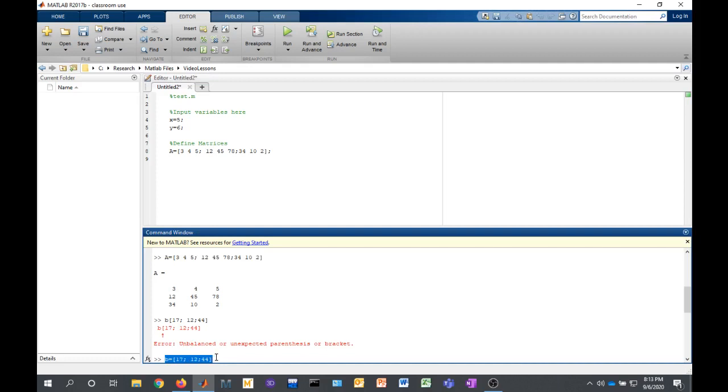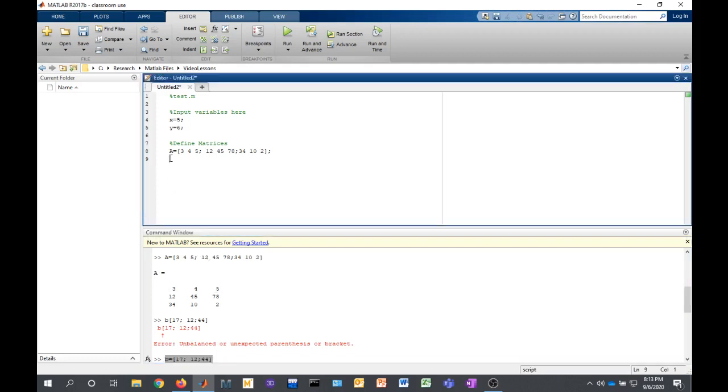And we can also grab a copy of the vector B, and then we can do the calculations that we were interested in before. X plus y, A times B, and even the inverse of A